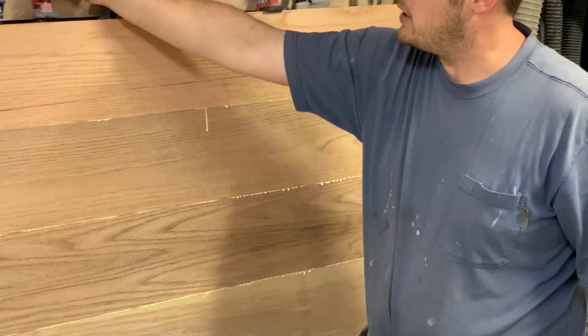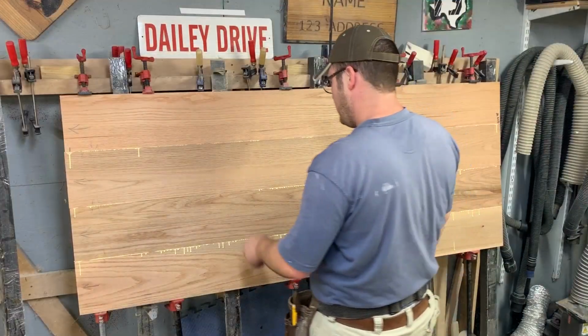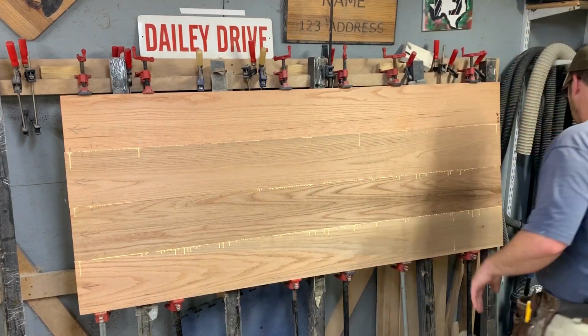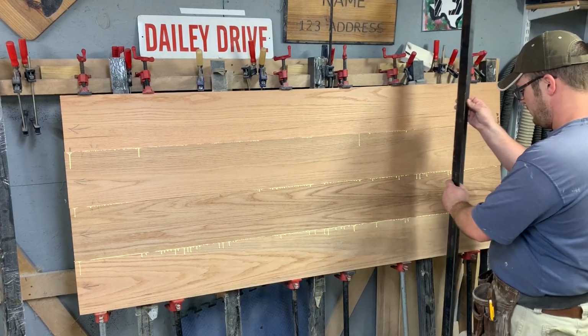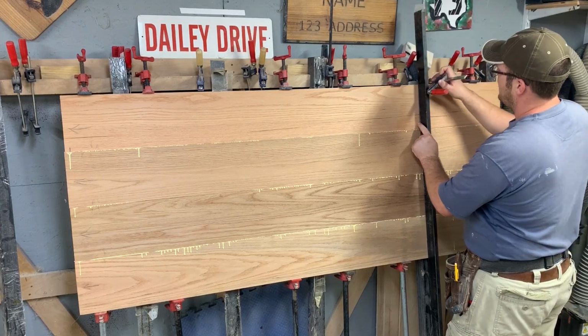Right now I'm just getting it closed, and then we'll really start cranking pressure on it in a minute. Okay, so now I have it closed up. Now the last thing I want to do is put a bunch of pressure on it and make it pop out. This is where, if you're not using dominoes or biscuits, you want to do this after you get the first two clamps on. So now I'm going to take my angle iron,